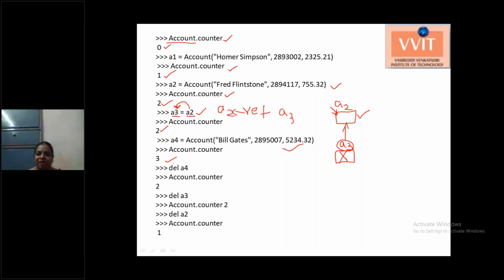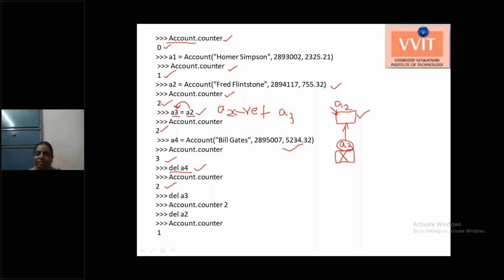Now I am trying to delete the objects. For deleting objects, we can use the del keyword, del followed by the required object. It manually deletes the object from the memory and destroys the object. At that time, it calls the destructor, so your counter is decreased.